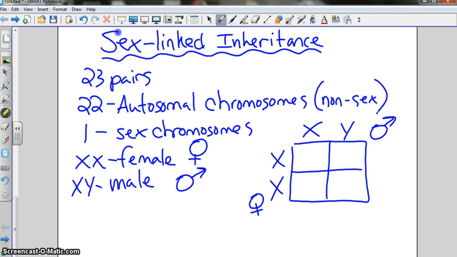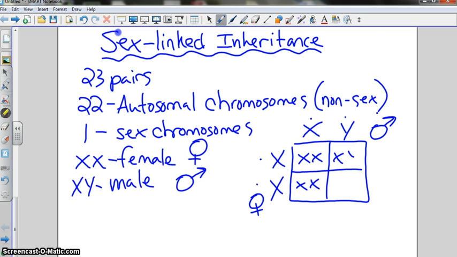Because if we do this, remember, we say that each one of these represents a gamete. So these two would represent what type of gamete? Male gametes, which are sperm. And these would represent eggs. One thing you need to notice is that every guy in this room got their Y chromosome from who? From their dad. And since you're going to get one from dad, that means you got your X chromosome from your mom. So if we filled this Punnett square out,